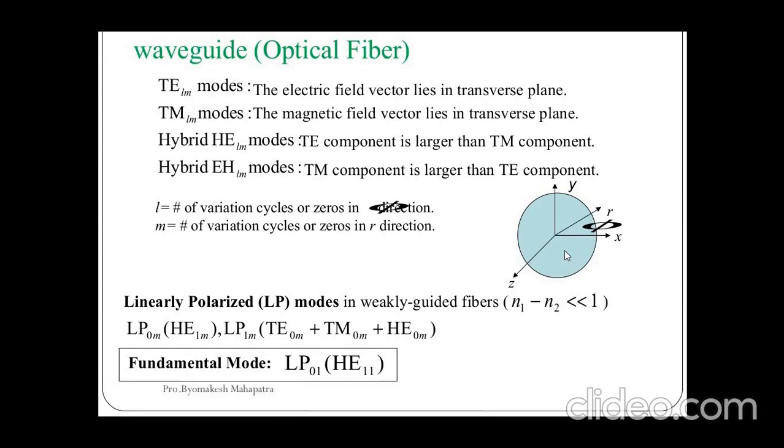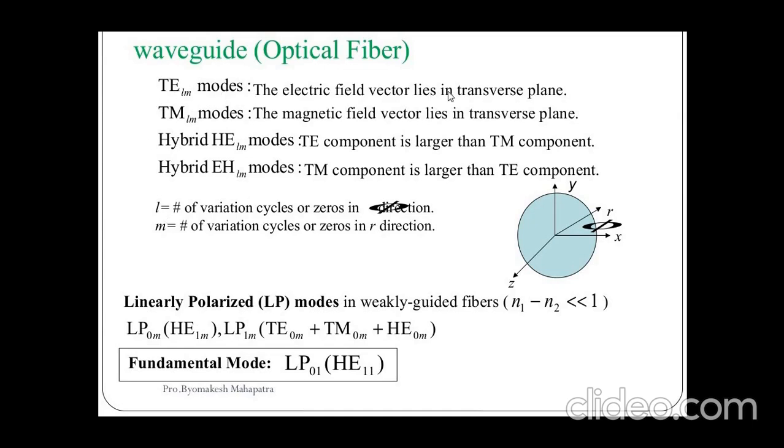So for that, what I actually want to find is the total electrical mode and total magnetic mode for the given field. To get that, we are considering L and M. So the linearly polarized mode is weakly guided. Whenever we take linearly polarized, we find it by taking a separate electric mode and a separate magnetic mode, and we combine both of them to get the hybrid electric mode and hybrid magnetic mode. So the mode designation in circular cylindrical waveguides is given by these 4 modes.